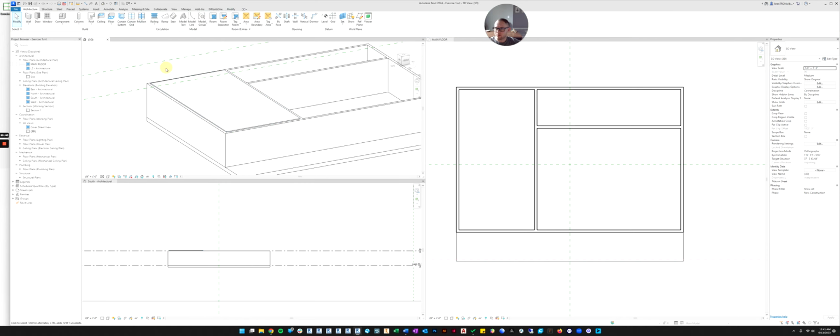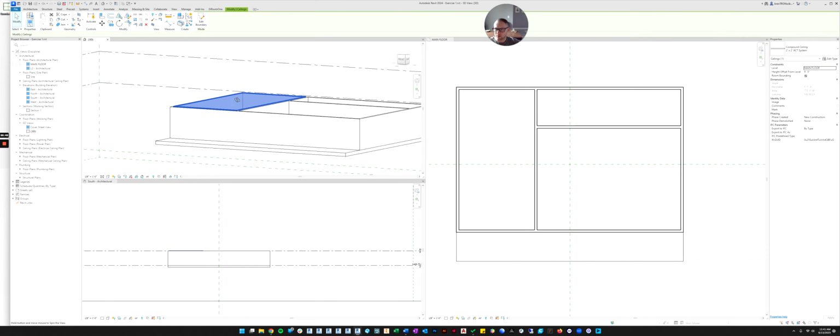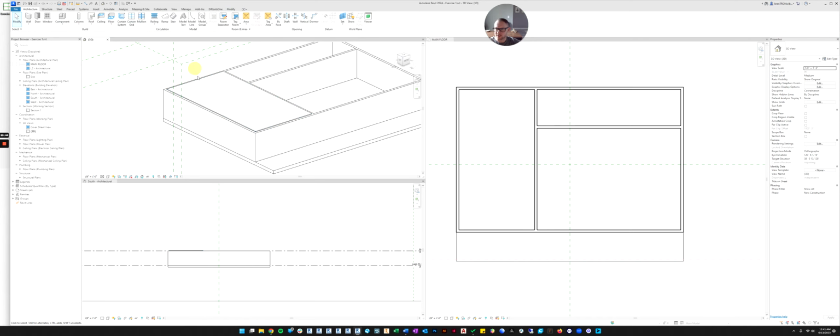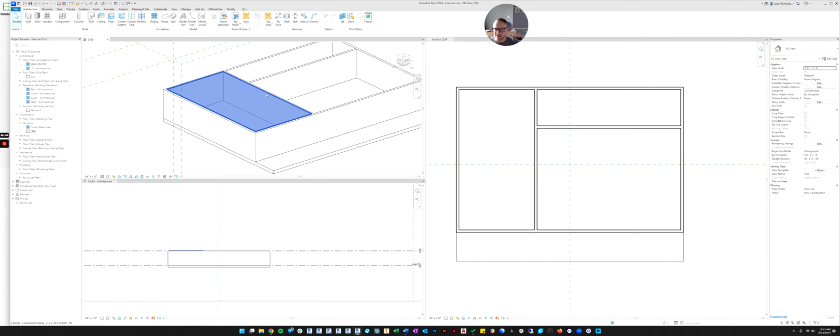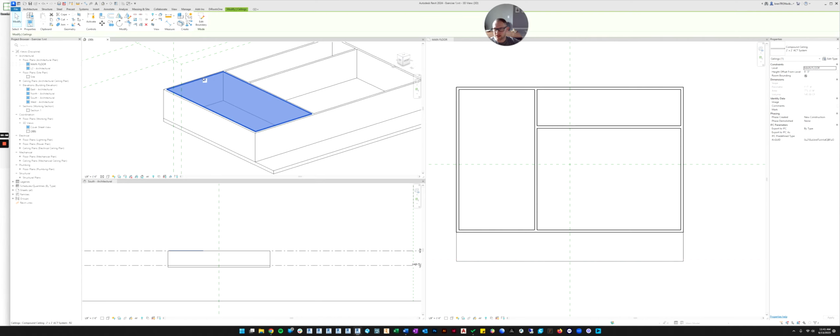Oh, and it automatically put the ceiling in, and it automatically assumed you wanted it 9 feet off of the main floor. So if we select this in the 3D view, you can see its properties. It's associated with the main floor, and it's 9 feet above the main floor. So that's kind of what we wanted. It just got lucky and guessed.